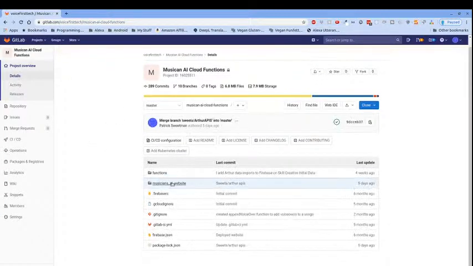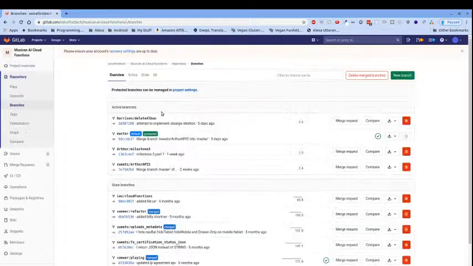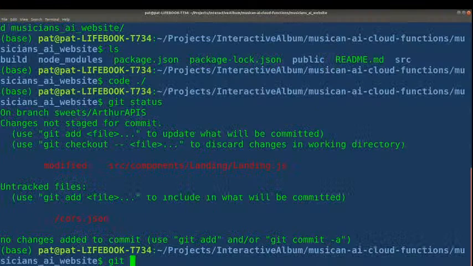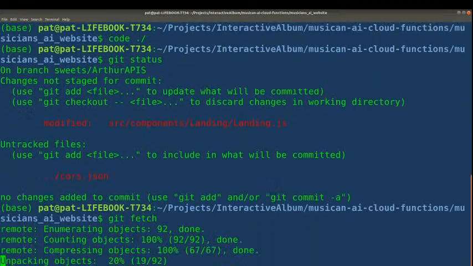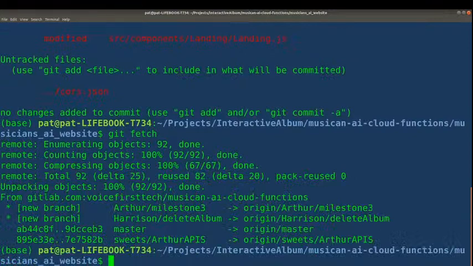And inside of here we've got branches. I'm interested in Arthur Milestone 3, I believe. That was merged. This one's ahead. Cool. So we'll go Arthur Milestone 3. First thing we're on is git fetch. This is all just set up for my repository in particular, so most of you will not need to do these steps. Git checkout